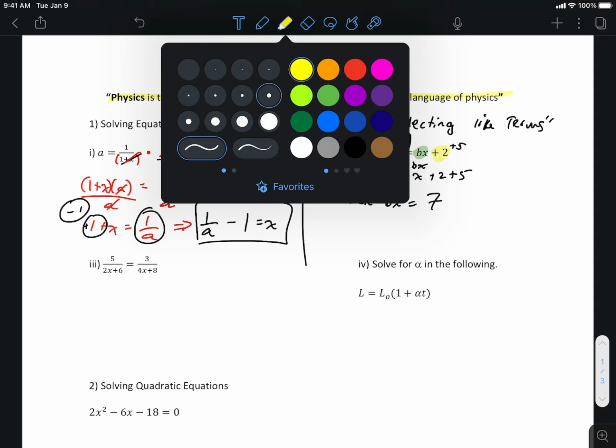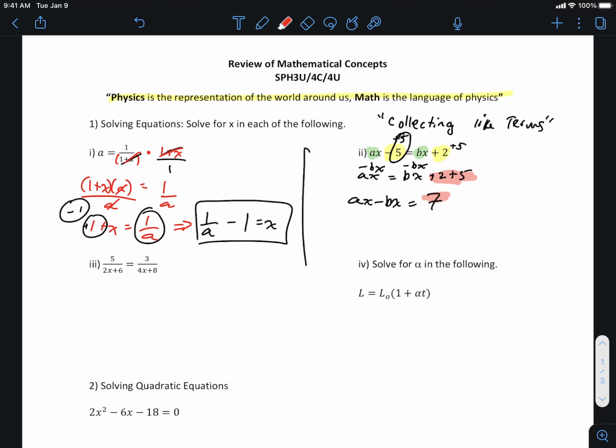Not yellow. The 7 just comes from the 2 plus 5, okay? Now, we're at a bit of a crossroads, right? Because I can't really necessarily solve for x, because x is kind of tied to the a and the b. Okay, well, if I look at this,